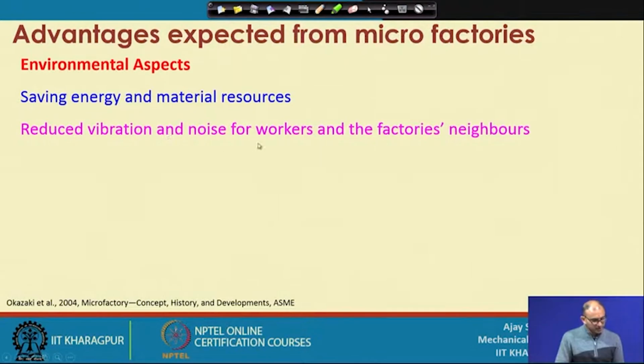Reduce vibration and noise for workers and the factory's neighbors. This is also an advantage because if your machine is very small, vibration and noise are mostly related to the moving components. We know that our operation is done by a very small machine, the motors and everything, so your noise level will be very low compared to a bigger size machine. Vibration is obviously low because we are using very small components and also machining a small